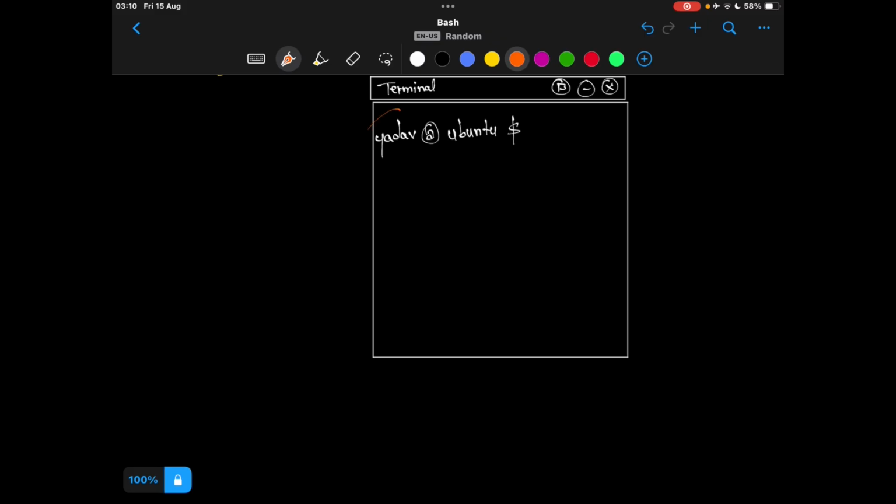This part represents the username the user is currently using. @ represents the end of the username and the start of the name of the machine on a network.